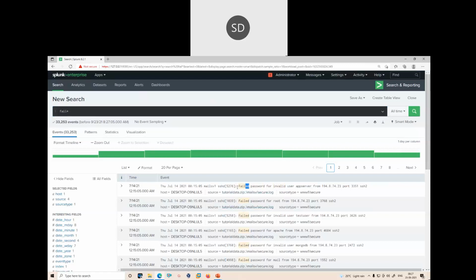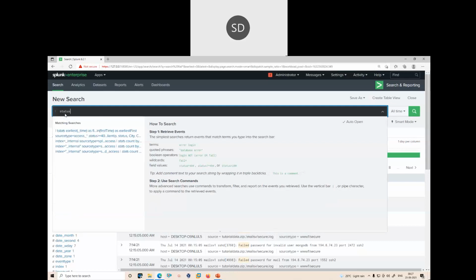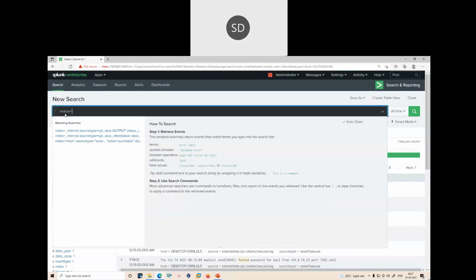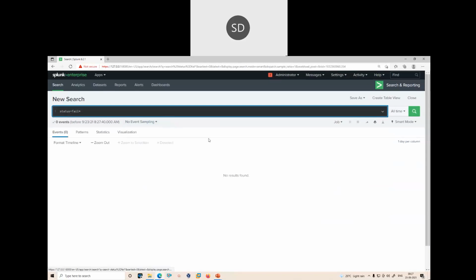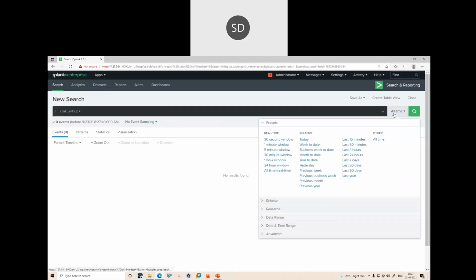See, the name here is failed, but I searched for fail. So this is what you can call the asterisk sign, a wildcard. You can even check it this way, like status equals to fail asterisk, and it will search the specific result.